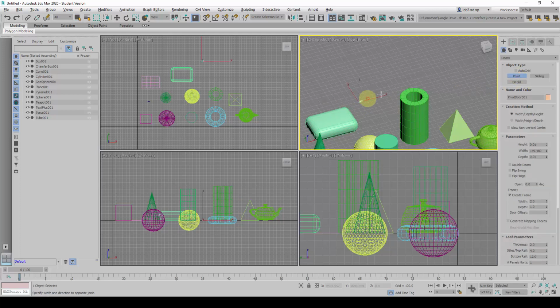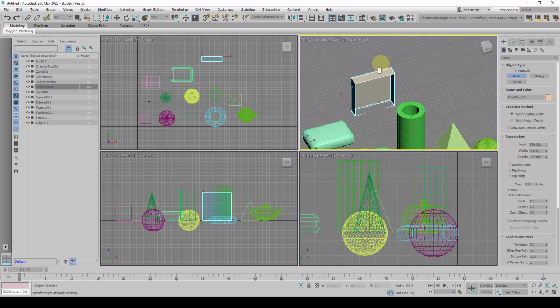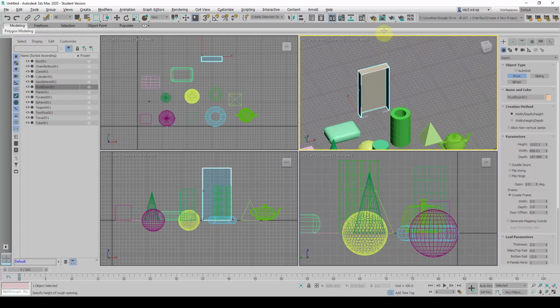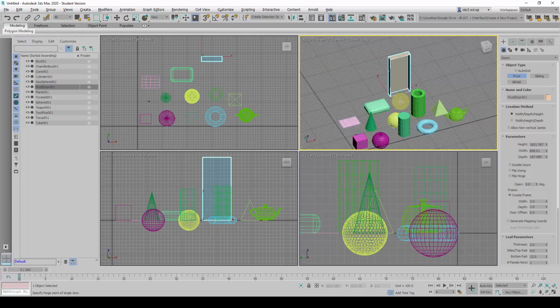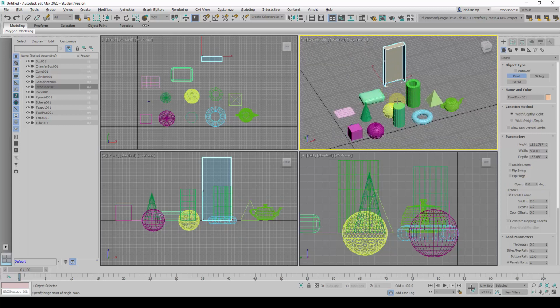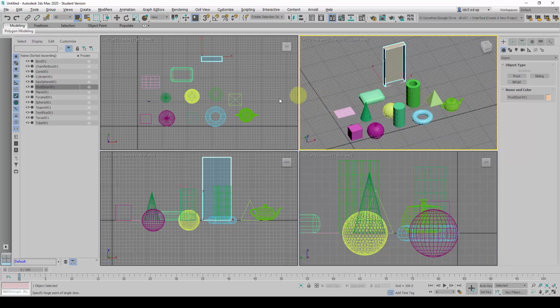We can click and drag to create the door width, and then a little bit here, move in a little bit to create the depth, and drag it upwards to create the height of the door jamb itself. And once this is done, we can begin to decide on other components, options and all. I wouldn't go too much into these because we will cover this one at a later date. Upon this being done,